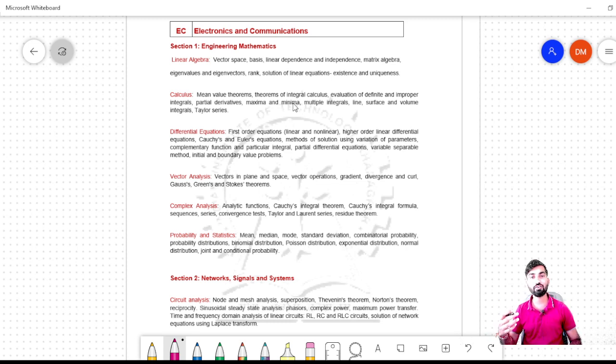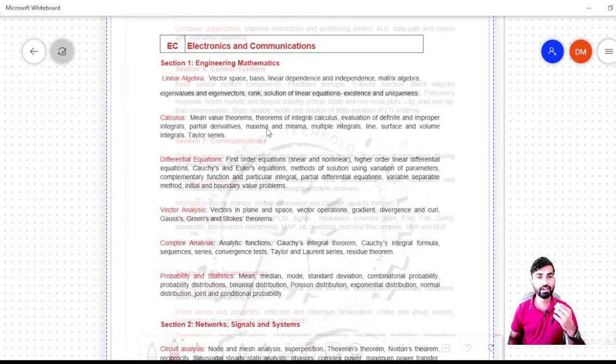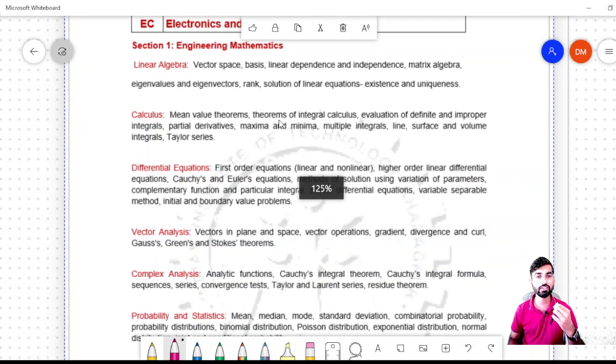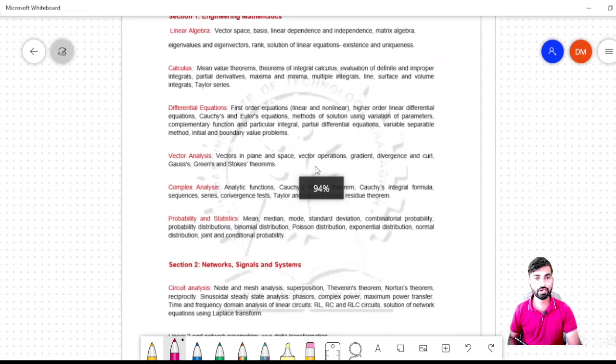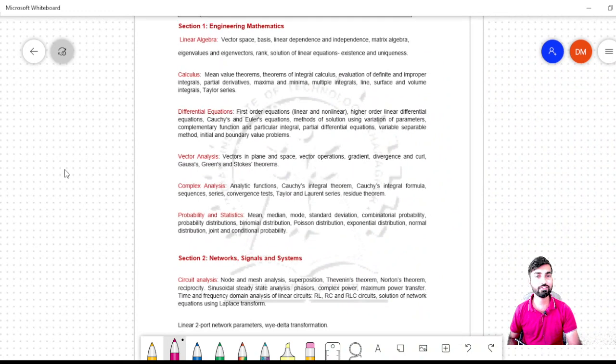If you are preparing for any competitive examination and your dream is to land in IITs and top NITs, okay, so as you can see, let me zoom this in, okay, and hopefully everything is visible here. So the very first topic is here, linear algebra, right? Let me zoom here first. Okay, the very first subject is going to be engineering mathematics, right? So in engineering mathematics, the topic is going to be linear algebra, and you can find this topic in my playlist.